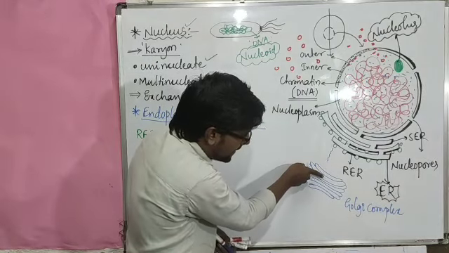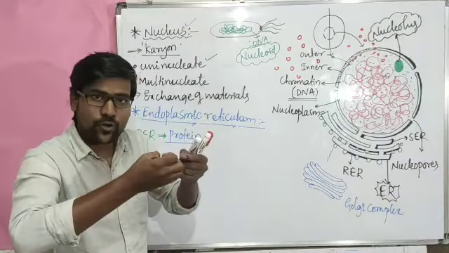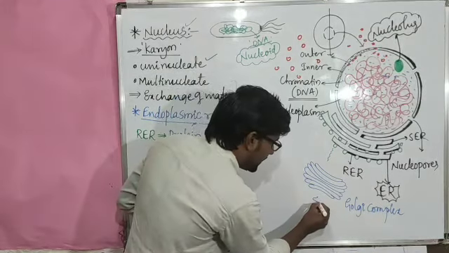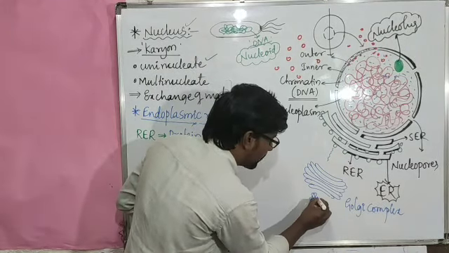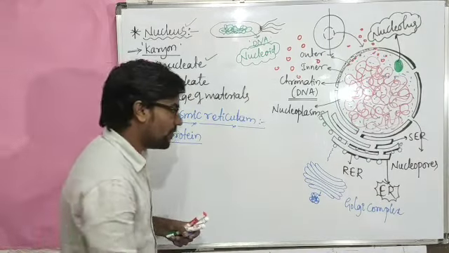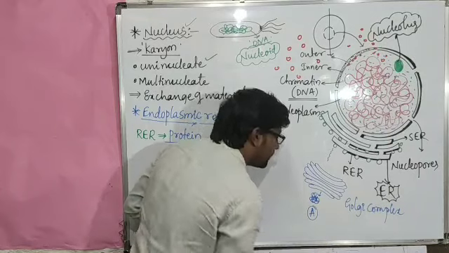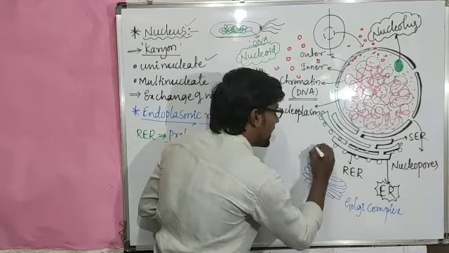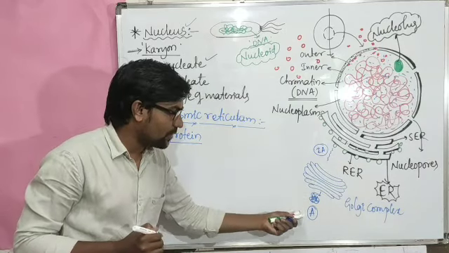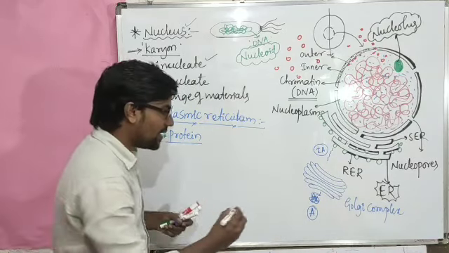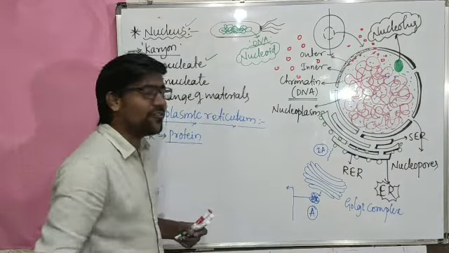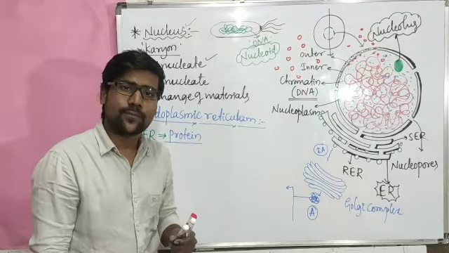when this chain enters inside, that chain will be folded in a specific dimension, while it is coming outside, it will be folded in one specific form. So when it comes outside, then we will refer to it as the active form. But actually this chain is the inactive form. So the inactive chain of that protein gets converted into the active form. And this active form will perform different functions in the body.